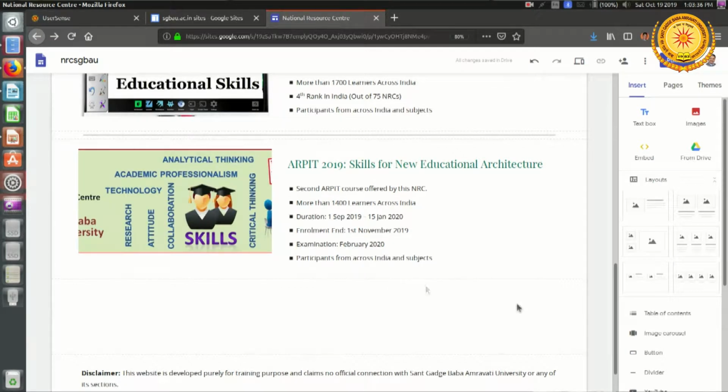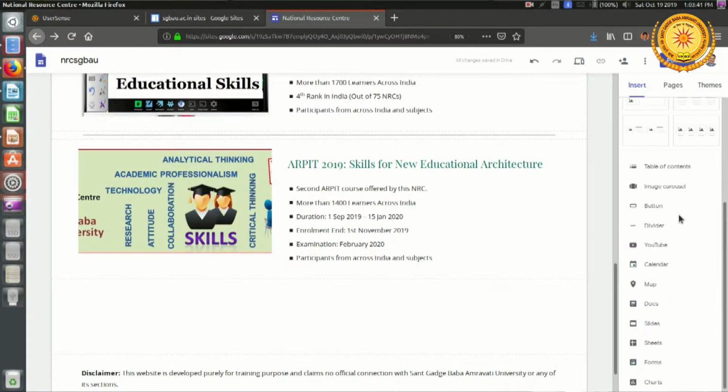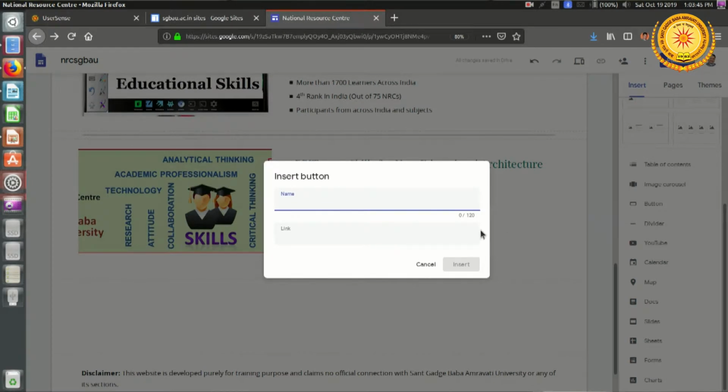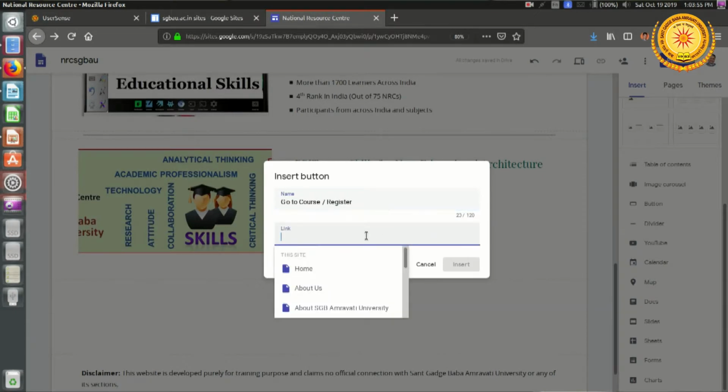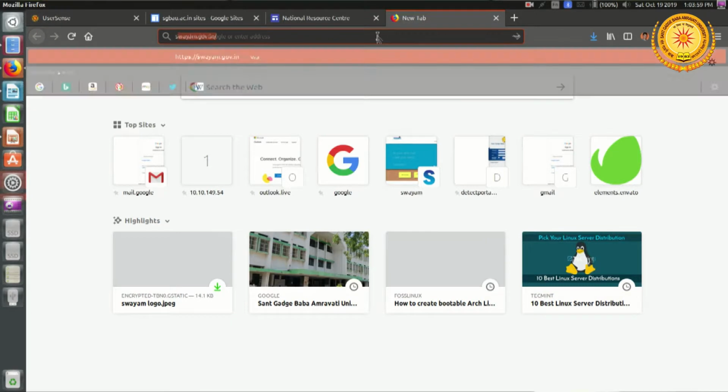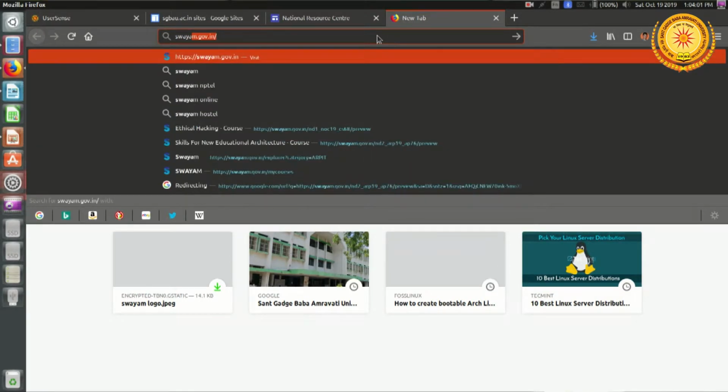So what I have to do here is insert a button. So where is the button? Yes, it is here, button. What is the name? Okay, I can say go to course, okay, or register. And where is the link? Again I have to go to Swayam and find that page. So swayam.gov.in,